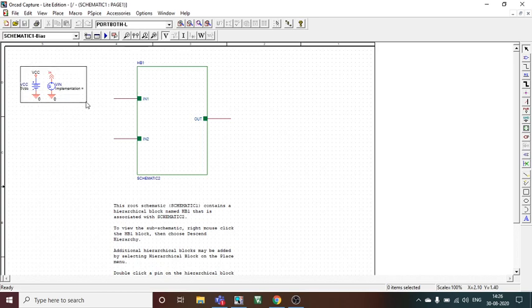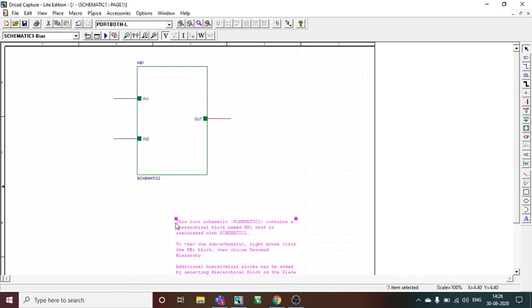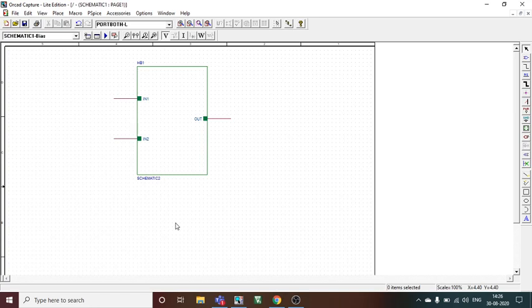This portion has to be deleted. You can select it and press backspace. Otherwise, this will create a problem later. And this portion also, preferably, if you delete it, it will be much better because later on sometimes it creates certain problems. Once only this block is there, you can start, because you have to give inputs. If you have to see the output, you have to give inputs.